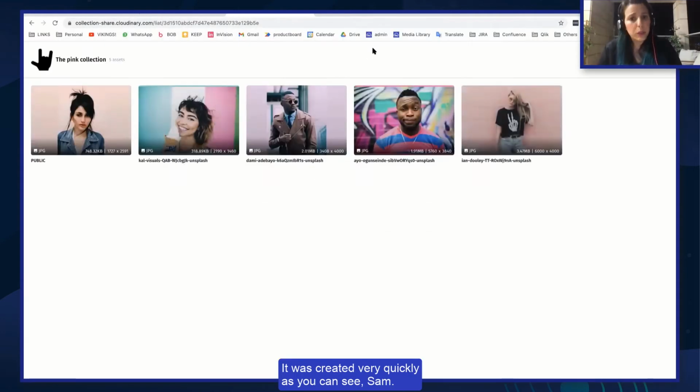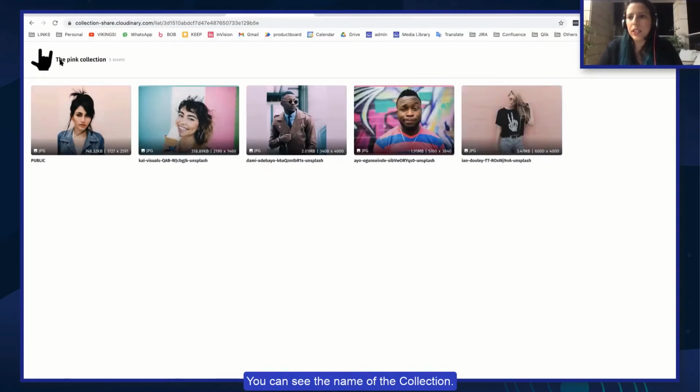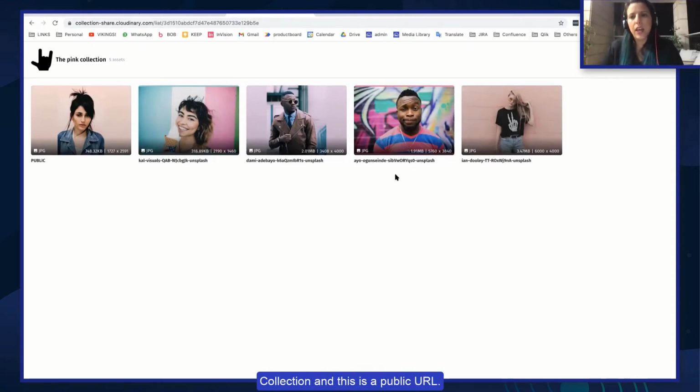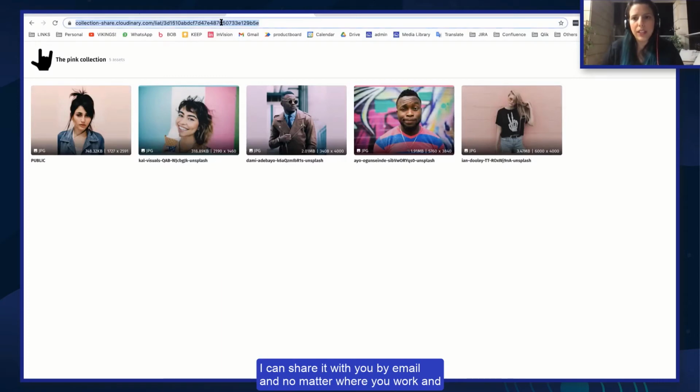It was created very quickly, as you can see, Sam. You can see the name of the collection. It's the Pink Collection. And you can see all the assets I gathered in this collection. And this is a public URL. I can share it with you by email. And no matter where you work and which company you are, you can take it, open it, and take a